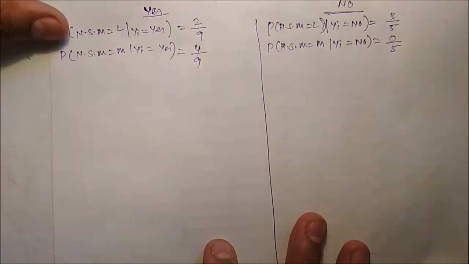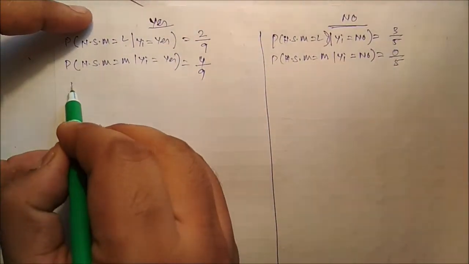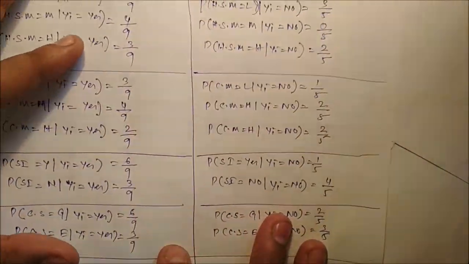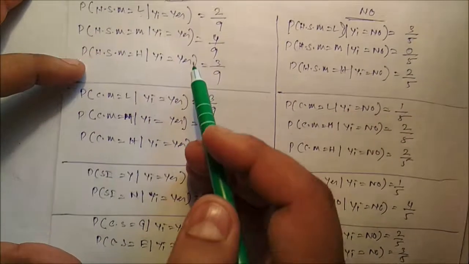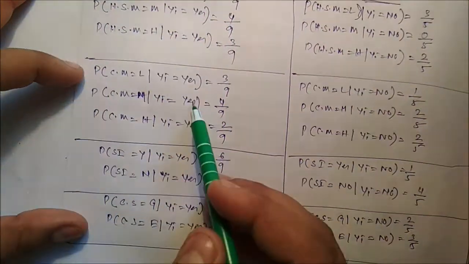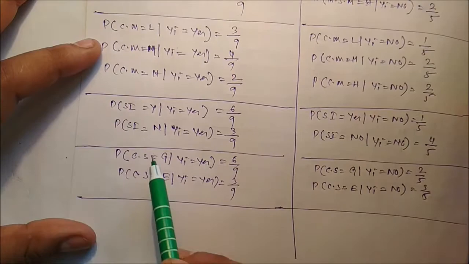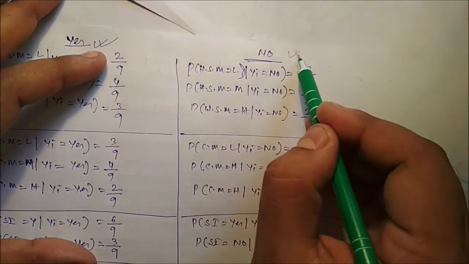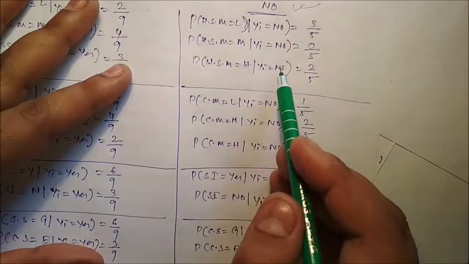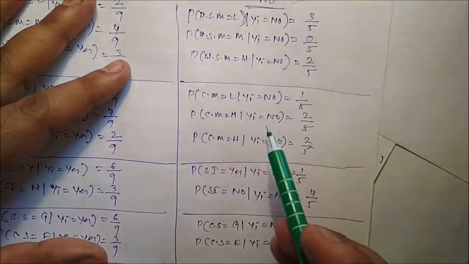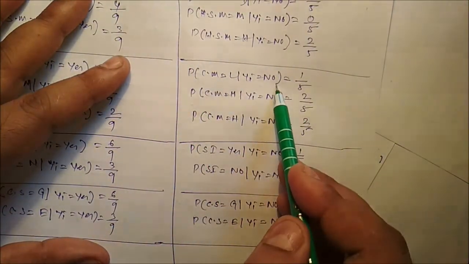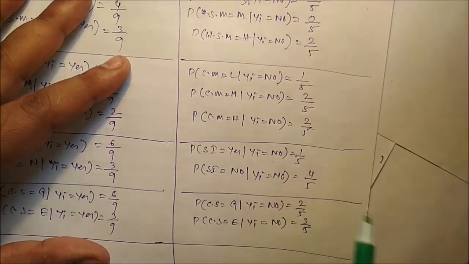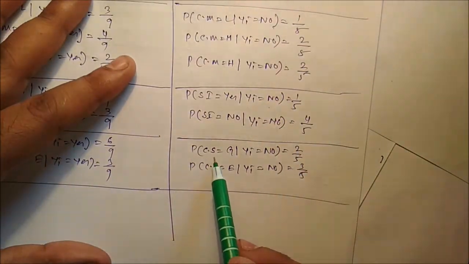The other attributes are easily written. So we have all the probabilities. You can see here, these are for the high school marks, these are for the college marks, these are for sports interested, and these are for communication skill if the class level is yes. And these are the probabilities if the given class level is no: probability of college marks given class level is no, probability of sports interested given class level is no, and probability of communication skill given class level is no.